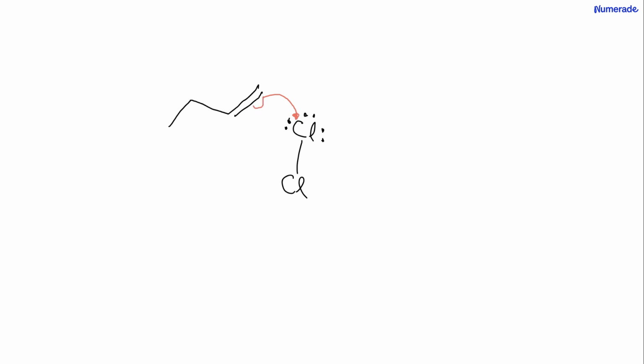double bond, and then one pair of electrons is going to go ahead and attack the other carbon atom. When this is happening, the pair of electrons on the chlorine atom bonds is going to go towards the Cl over here. So the resulting species are going to be, as mentioned in your